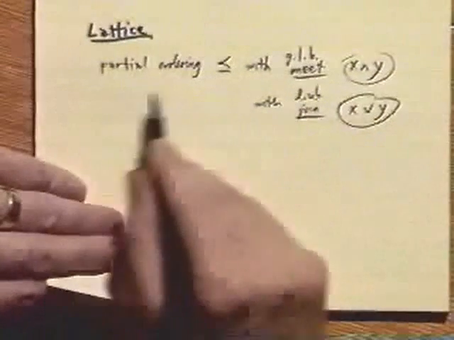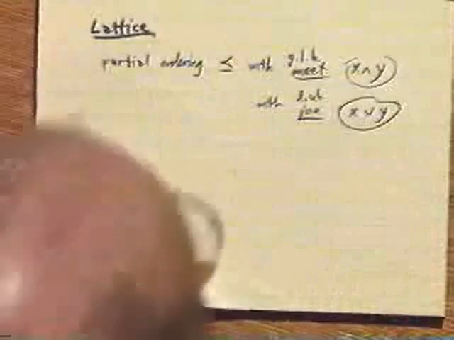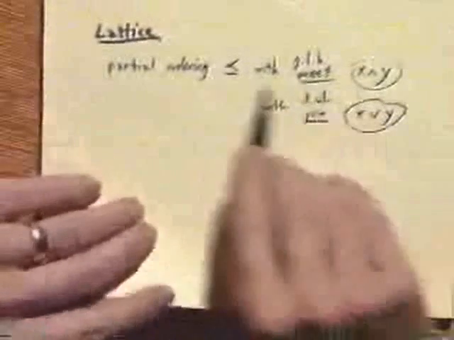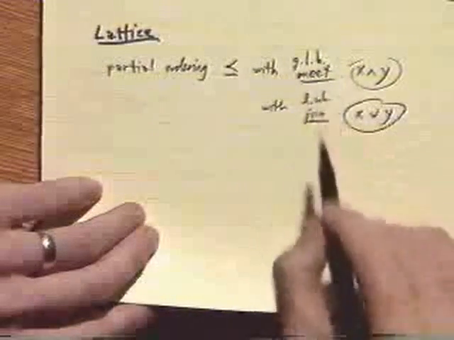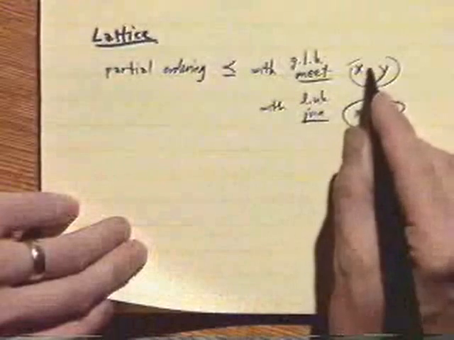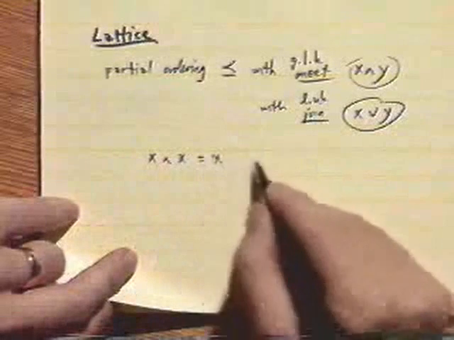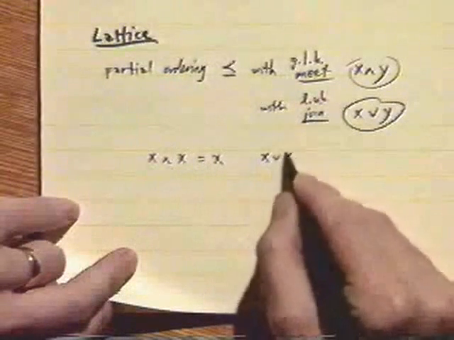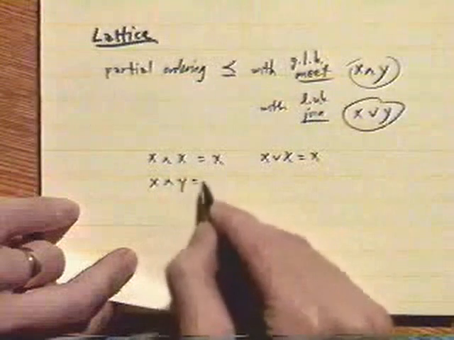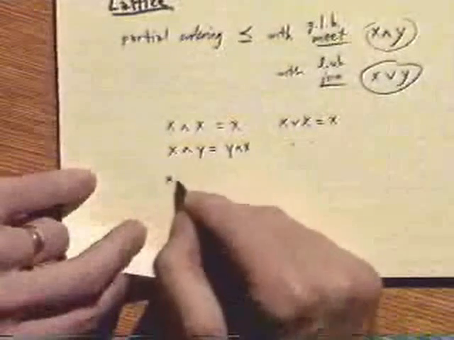Now, this is the idea of a lattice, and there are partial orderings all over the place when we want to compare one object to another and say that one somehow dominates the other. Many times this partial ordering also is a lattice, which means that it has greatest lower bounds and least upper bounds. Algebraically, it's equivalent to saying that we have these two operations, meet and join, and they satisfy the idempotent law, x meet x equals x, and also x join x is x. And then it has its commutative law, so x meet y equals y meet x, and the same idea changing all meets to joins. It's associative,